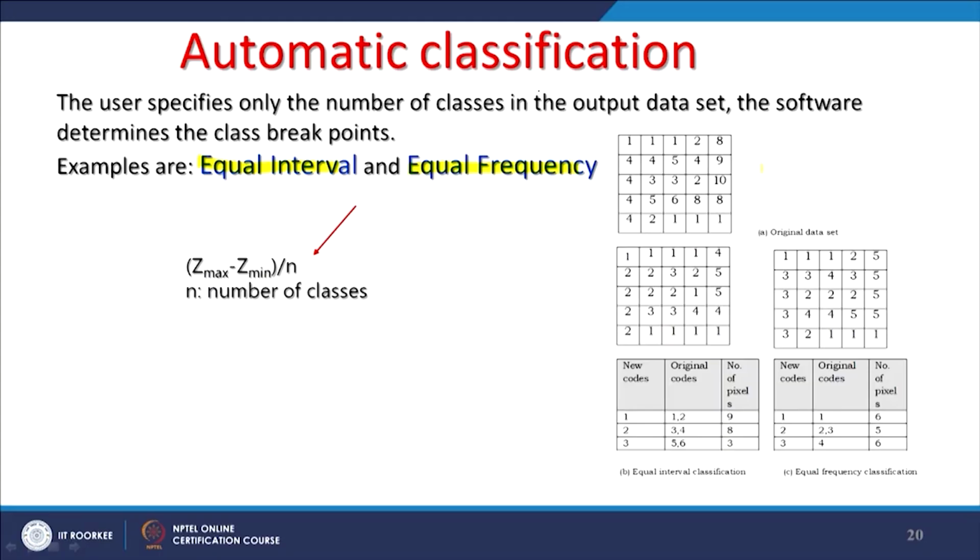If this is my input map, I can classify this way or this way, that means either equal interval or equal frequency classification. See here, now the frequency is almost the same, 6, 5, 6, whereas here the frequency was not maintained, but the interval between classes has been maintained: 1 to 2, 3 to 4, 5 to 6, something like that.